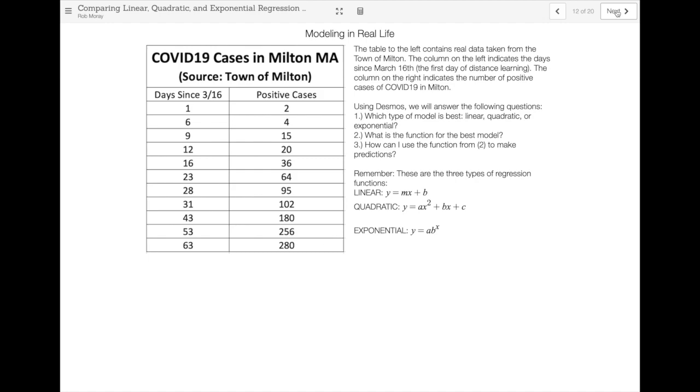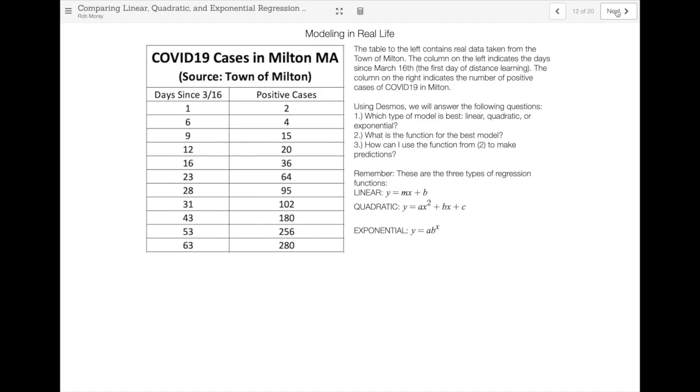Once you've had the opportunity to play around with regression, we're going to ask you to try to model in real life. So I've put together at least one set of real life data that I'm going to ask you to use a model to draw conclusions on. I went to the town of Milton, and the town of Milton publishes data on the number of positive COVID-19 cases in Milton. So what I did is I used the daily data